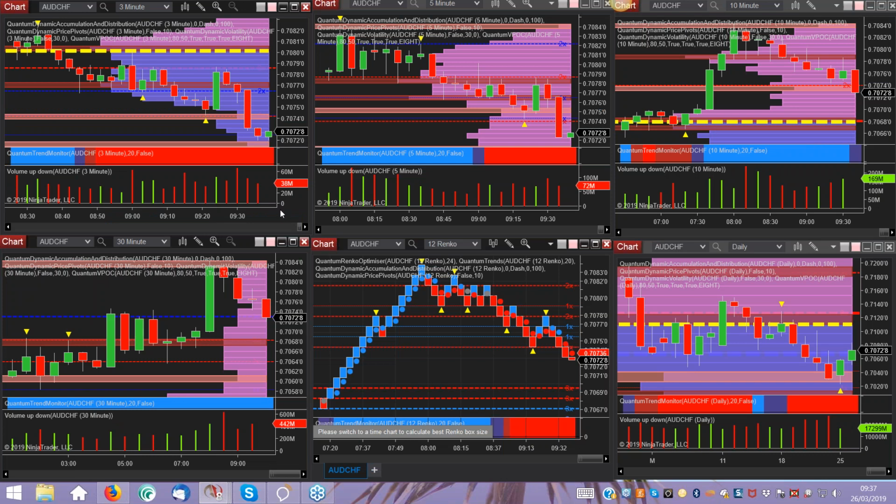Finally, just to show you what I meant earlier on by ripples through the market, you can see here the trend monitor has transitioned to bright red. We've gone from bright blue, darker red and into bright red. That is the traditional expected transformation from a bullish trend to a bearish trend. You can see it here transitioning on 5. It's already changed color. You can see it here starting to transition on 10.